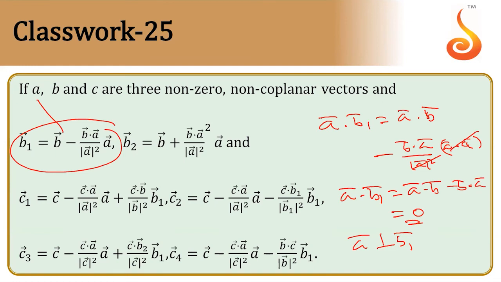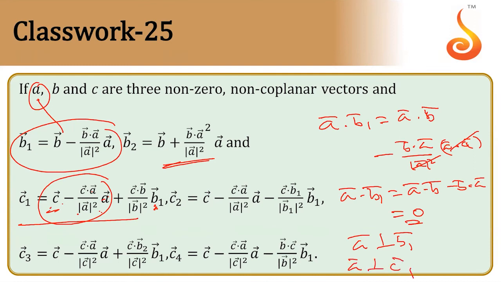Now will it work for A dot C1? You can check it out. Here plus is there, be careful. A dot C1 comes as A dot C, and here B1 is there. Will it work or not? A dot C1 is correct, because A dot B1 is already 0. If I take dot with A, this is anyhow 0. Here modulus A cancels, A dot C cancels, here A dot B1 comes. So A is perpendicular to C1 is possible.